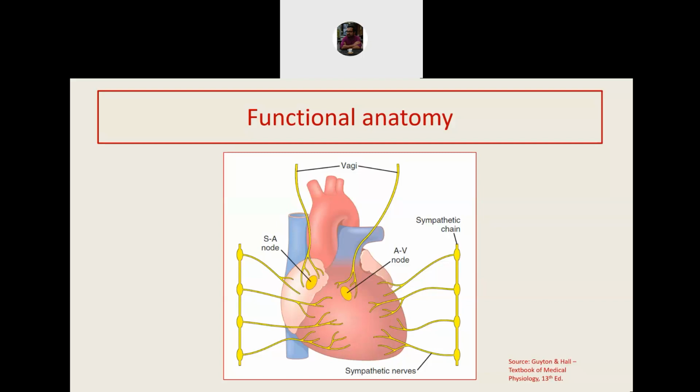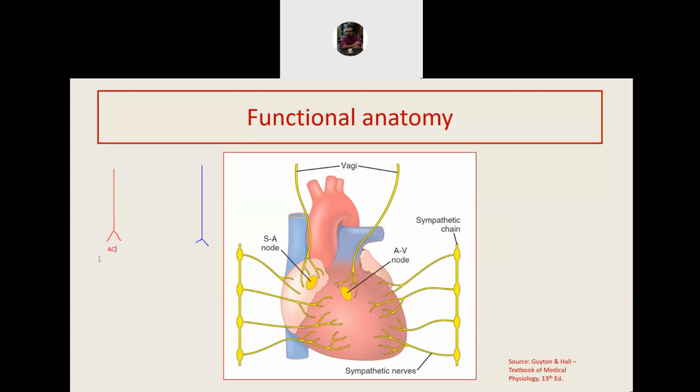Now, the parasympathetic and sympathetic nerves have a unique way of supplying the heart. So, it's very interesting to see that suppose this is a parasympathetic fiber that is terminating on the cardiac tissue, releasing acetylcholine. And let us assume that this is a sympathetic fiber terminating on the heart, supplying noradrenaline. Now, interestingly, the parasympathetic fiber,